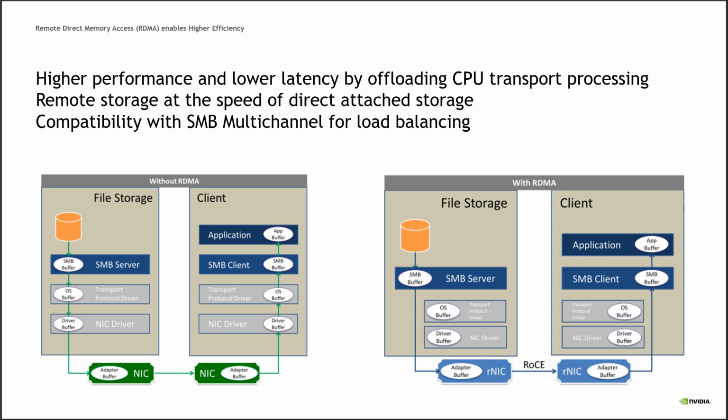And here is where RDMA comes into play. RDMA is remote direct memory access, which offloads the networking protocol from running over the CPU, like TCP/IP needs, to the NICs themselves. So if we take a look at the left side, there is the TCP/IP stack. There are multiple copies. The CPU is involved. The operating system is involved, and every time the operating system is involved, the jitter is much bigger, because